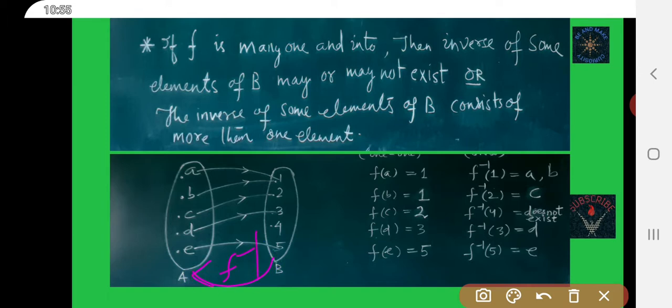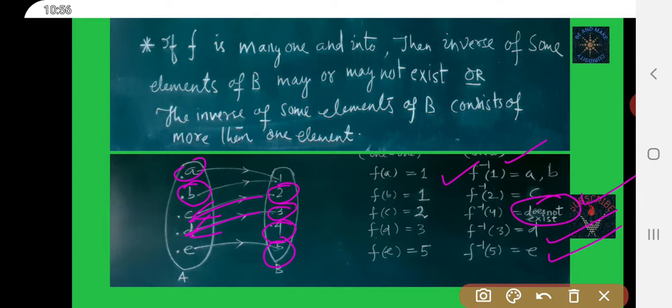Okay, B to A. Here F inverse of 1 is A and B. F inverse of 2 is C. F inverse of 3 is D. F inverse of 4 does not exist. F inverse of 5 is E.